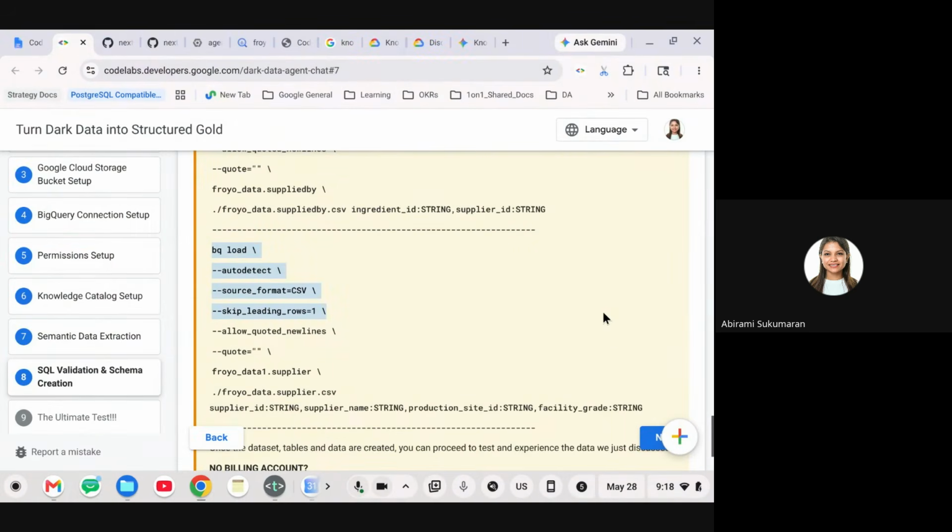Our format is CSV because I made sure that I ran the knowledge catalog and made everything ready for you to pick up these CSVs, experience the data, and test how this inference works at your end. Because this is agentic data cloud, the semantic inference is going on. I cannot show that with 4 or 5 files. I need heavy data inference across multiple data sets, and that's why it's heavy on your part if you do all the inferencing.